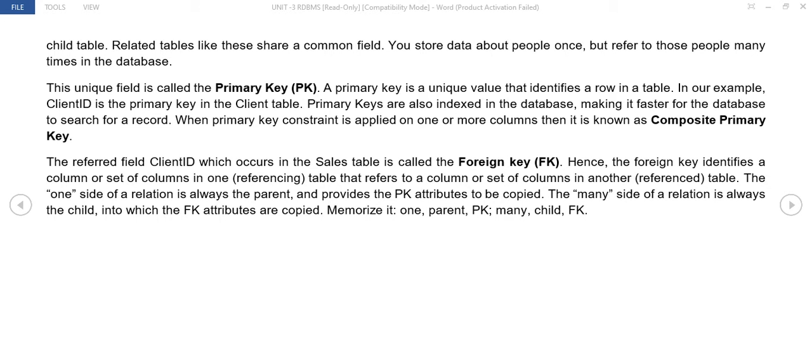Maybe now you will feel very confused with this, but once you practice the database while doing the practical work, at that time you will understand what is a primary key, what is a foreign key, how the database is working, what are the fields, what are the records, what are the values. Once you do the practical, you will understand and you will have a clear image of the database.